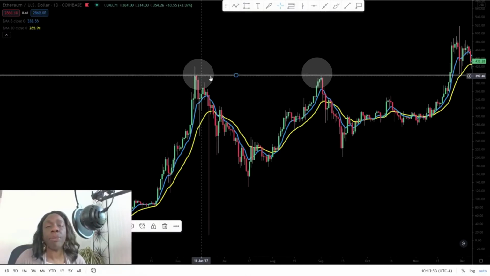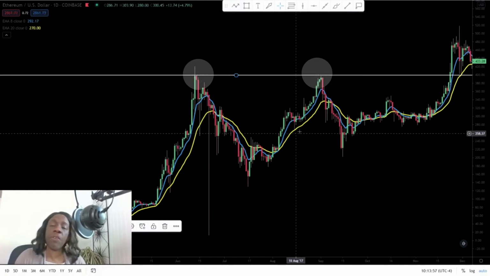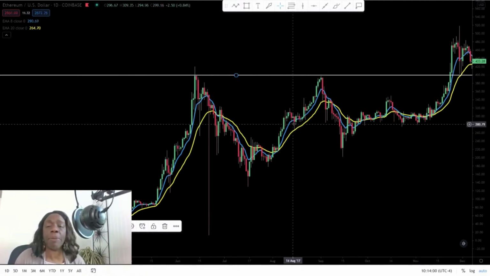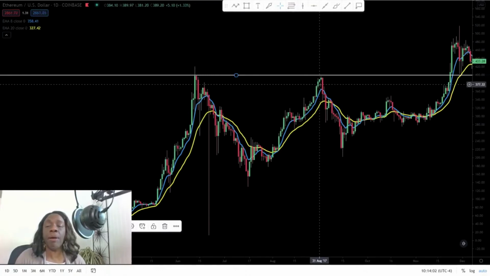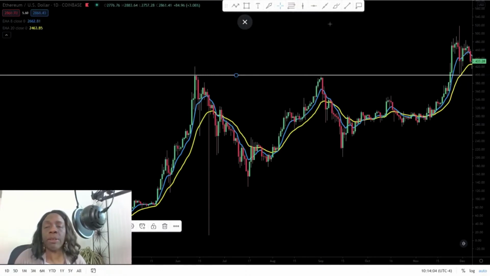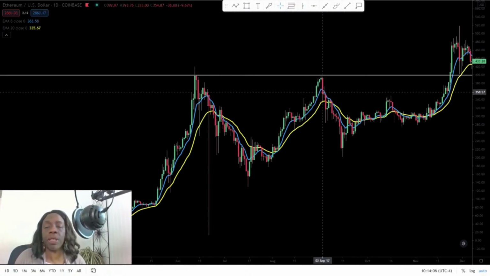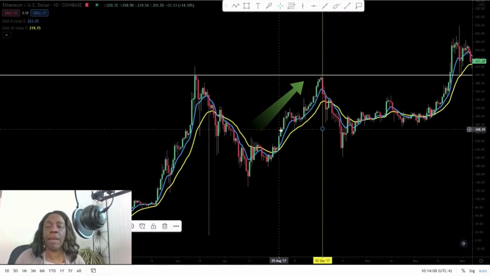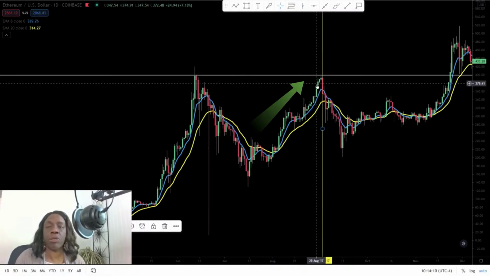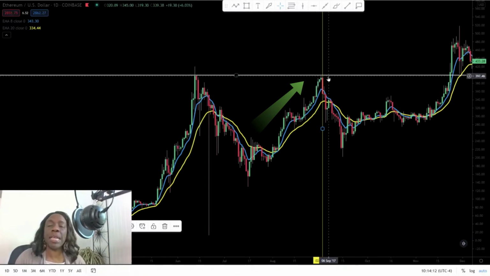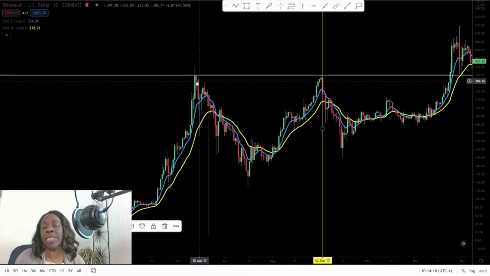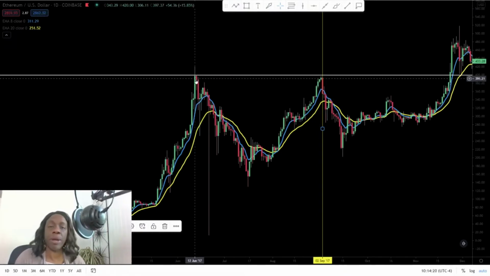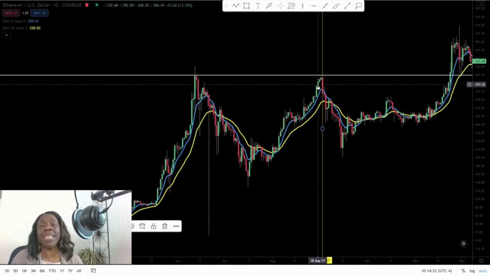So if 3 months ago I had this white price level on my charts, and if I was in a trade, I'm so happy because you can see, let me draw a vertical line. To the left of this vertical line, everybody's happy, everything is green. You wake up in the morning, it's green, and you're doing well. Once it approaches the white line, I need to begin to be observant of the fact that we got rejected at that price level 3 months prior. There is a greater likelihood,